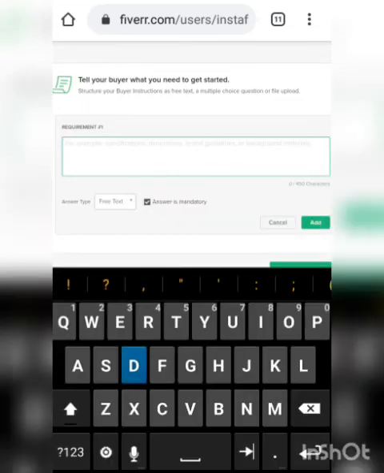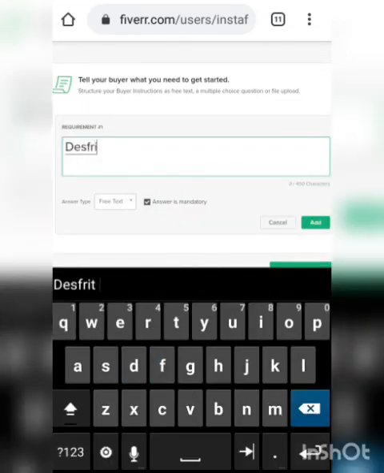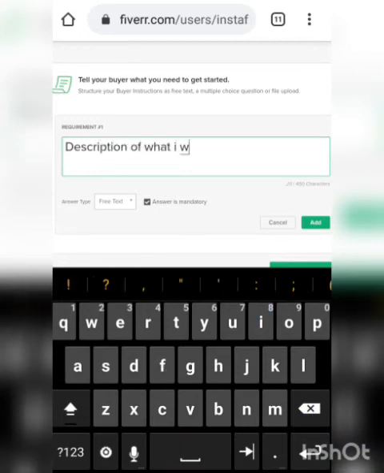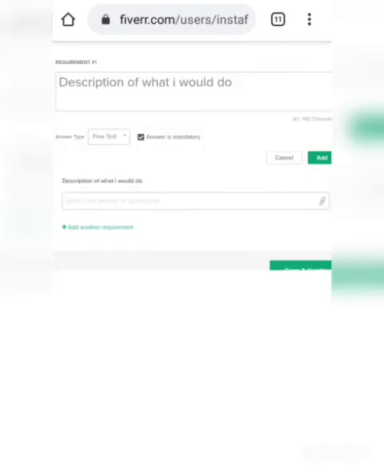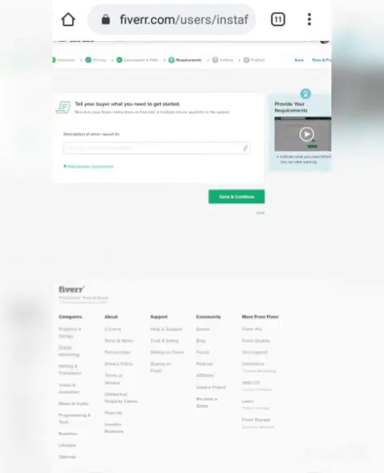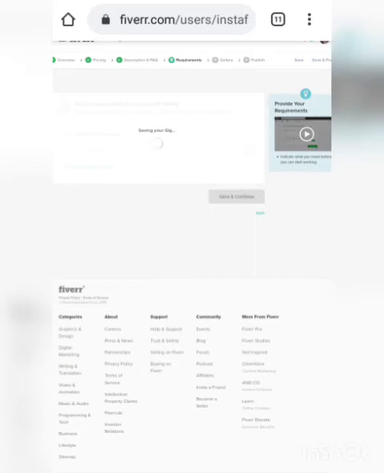Yes, I like requirements. You can choose the requirements. You can choose the answer type you want. Multiple option, blah, blah, blah. I'm just going to go for free text. Describe what you want me to do. It's that simple. Click on it. The next thing should be